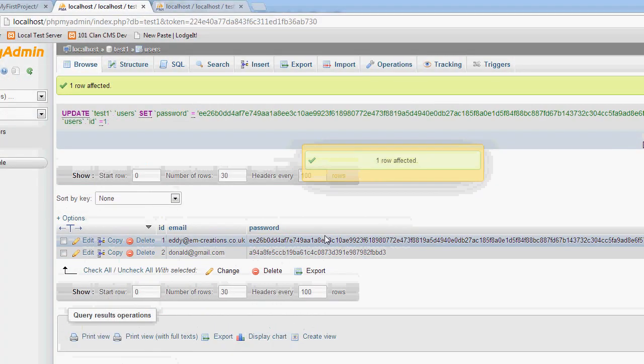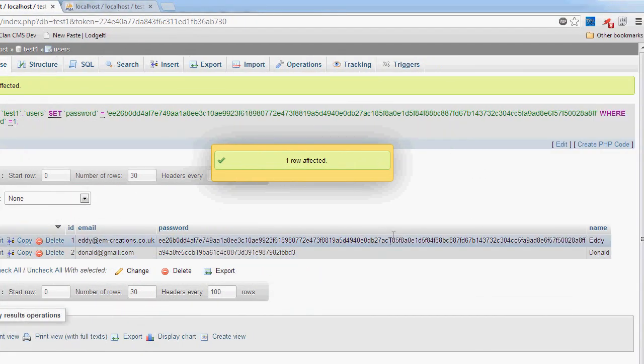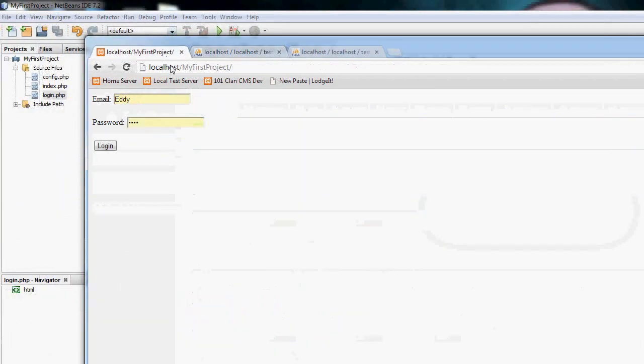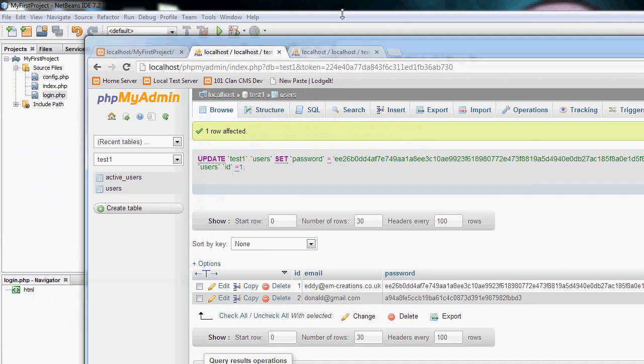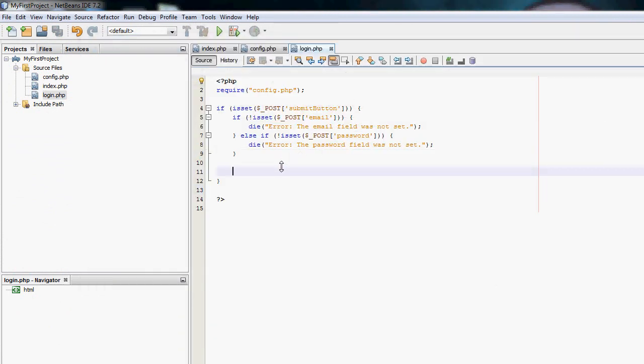I'm going to paste that in there. So that is now a SHA-512 of test. So my password should now be test when I get this form working. So yeah, now I'm going to need to write a query. So what we're going to do is query equals mysql_query,